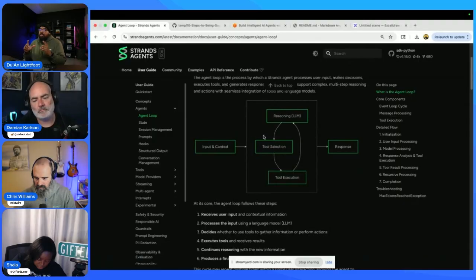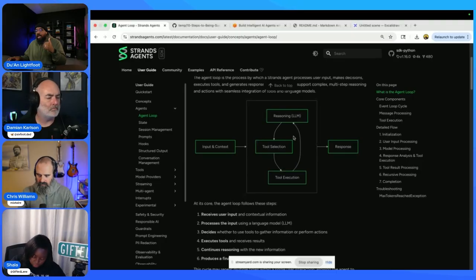It handles, remember I mentioned the reasoning capabilities of a model and how an agent is able to reason, plan, act, and achieve that goal, right? It's able to do all of that. Strands handles all of that for you. So when you invoke the agent, it'll send the prompt to the model. The response will come back and it will maintain that conversation. So if it needs to make a tool call, it's going to maintain those tool calls and responses as well within the agent, within the event loop. Does that make sense?